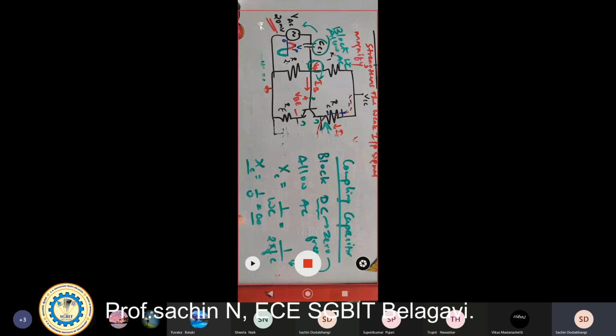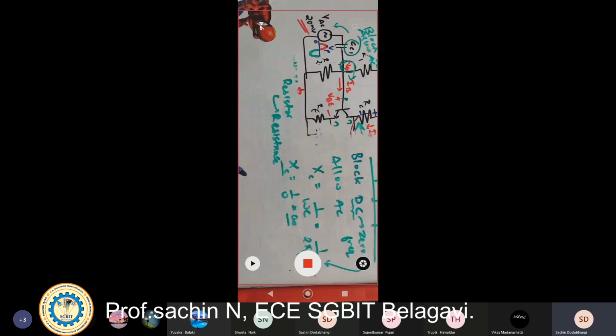Remember, a resistor has resistance. A capacitor has capacitive reactance. It is going to resist.